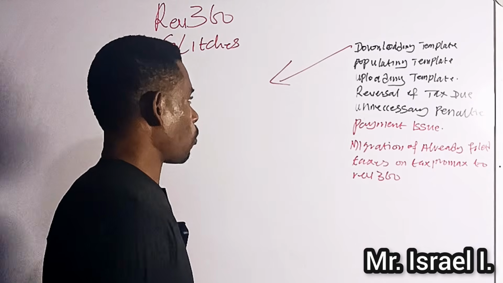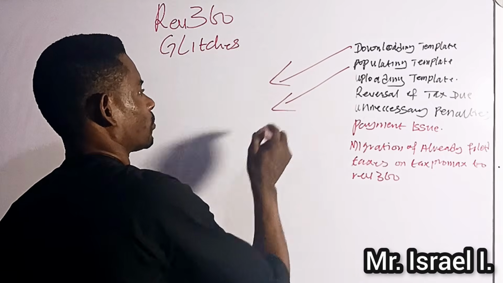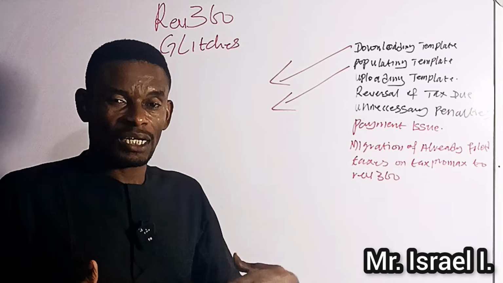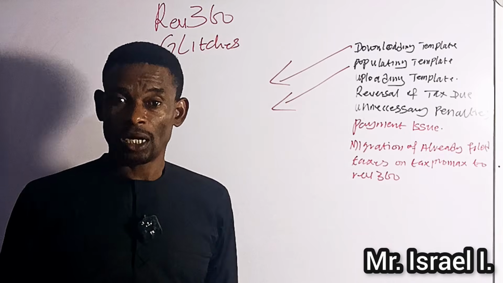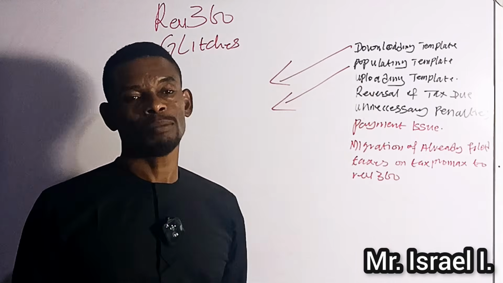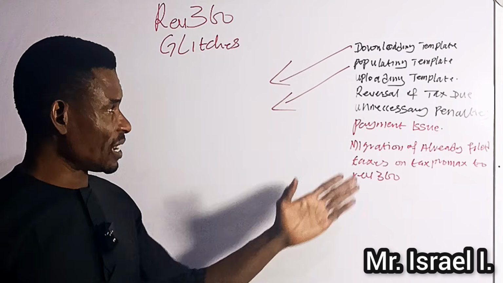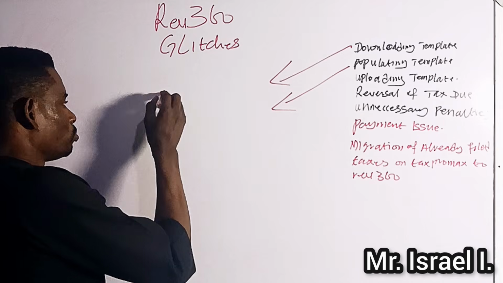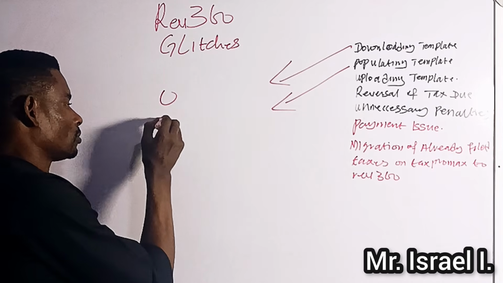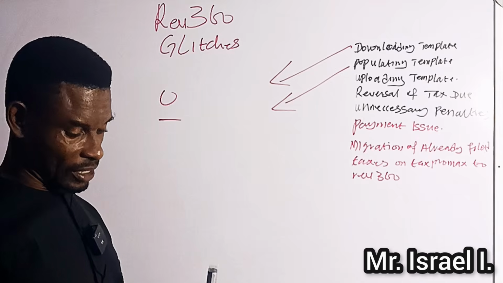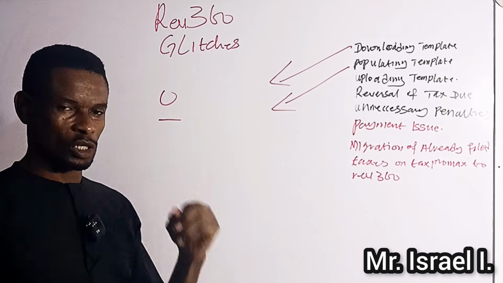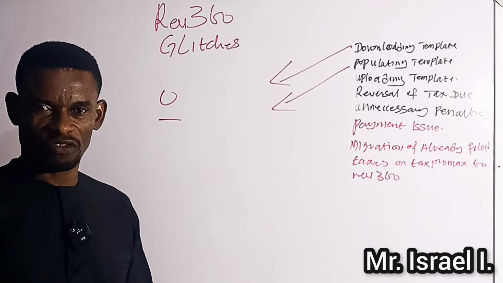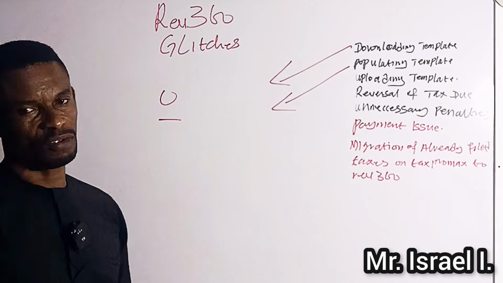So the next one is populating the template. Now, when you finally succeed in downloading the template, populating it becomes an issue. Remember that in this template, you cannot input zero, and you cannot input a minus, a negative sign. Now, if you cannot input zero, just let me know how you want to file your nil filing, your nil filing for CIT or your nil filing for your